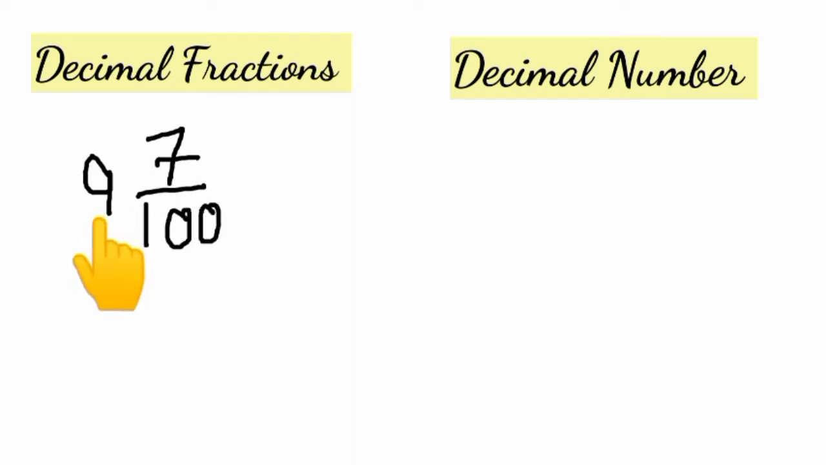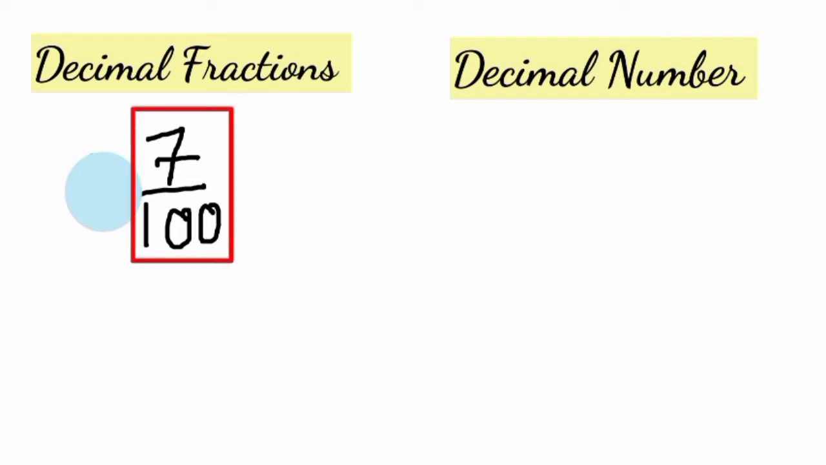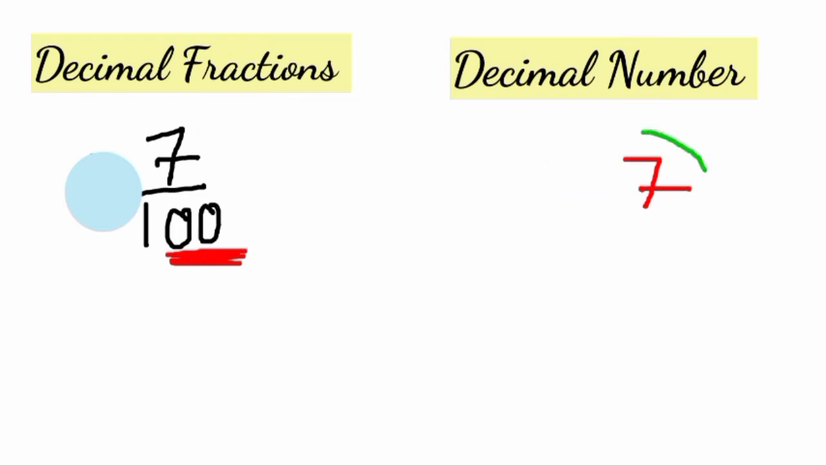Firstly hide this 9 and convert this 7 upon 100, this decimal fraction, into the decimal number. Right? Firstly हम 9 को hide करेंगे, इसको कुछ नहीं करना. This is the whole part, this is the whole number part. So we will put it after converting the 7 upon 100 into the decimal numbers. Right? So in denominator you have 2 zeros. So you will put decimal before 2 digits. Write 7 here. You have only 1 digit. So put 0. Now you will put decimal here. This becomes